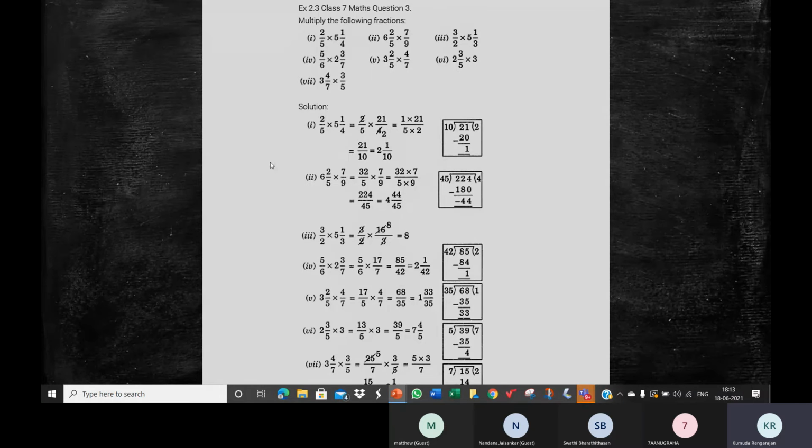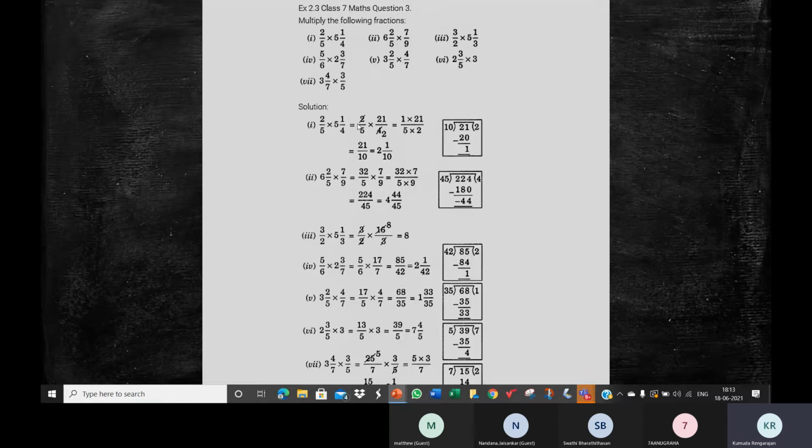Next step will be what? Ma'am, reciprocal, 4 by 21, ma'am. Yeah, 2 by 5 into 4 by 21. That's all. So you will only convert the division problem to a multiplication problem. And then the same thing, you multiply. When it is division, you will be multiplying by the reciprocal of the second fraction.